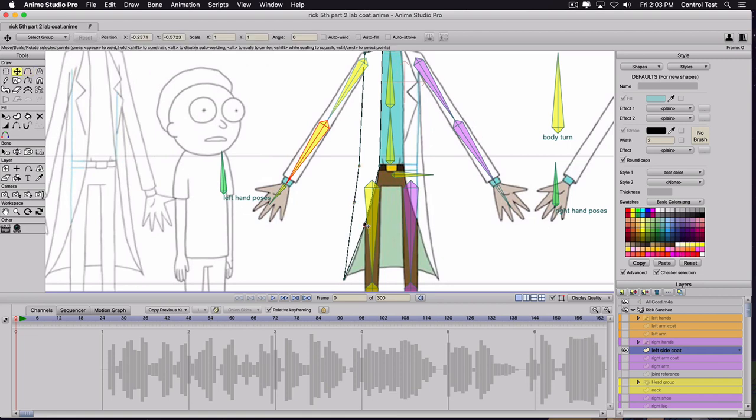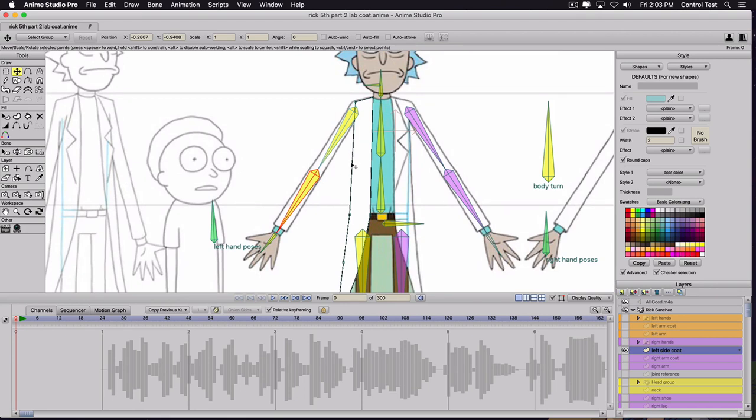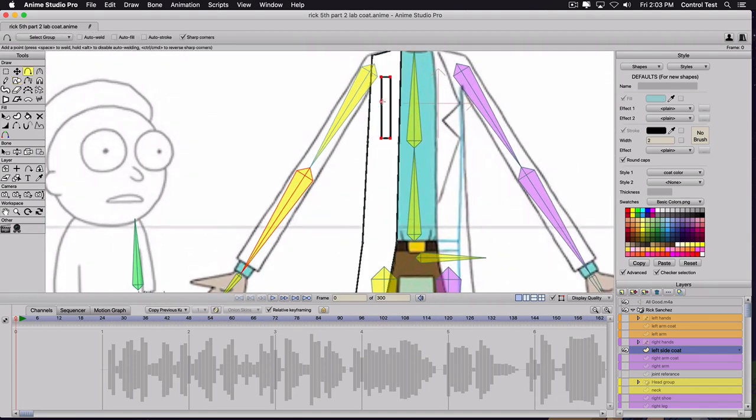I'm putting a couple more points underneath here too, just so we can curve the coat, and if we need to do any adjustments when we're turning him, we have those points to work with. Put a couple points on the inner and outer part right by the chest, and then I'll hit S, draw another square really quick, hit A, add some points. This is just going to be the collar,